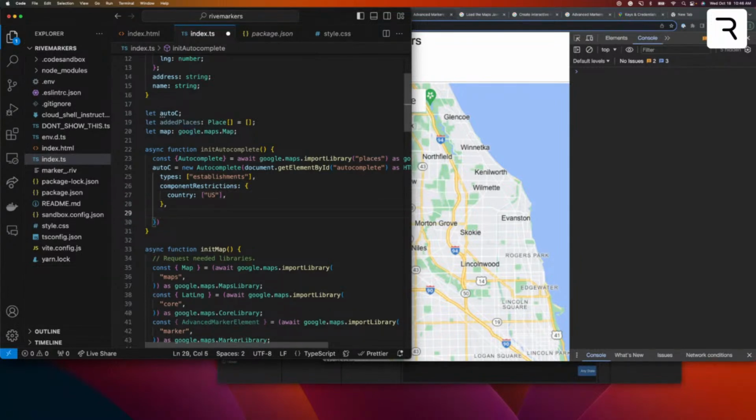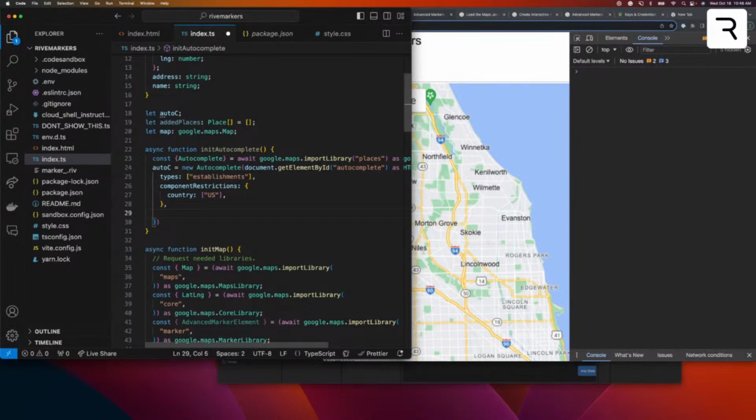And with the autocomplete API, it can provide a load of data, of course, because it's Google, right? It can provide the latitude and longitude of a place. It can provide the address, the name, an identifier for the place that it's picked, and much, much more metadata than we probably need for this prototype. So I want to cut down on the actual amount of data that I'm grabbing. And the reason I'll want to do that is because if I were to have this app in production long-term for many users to use,